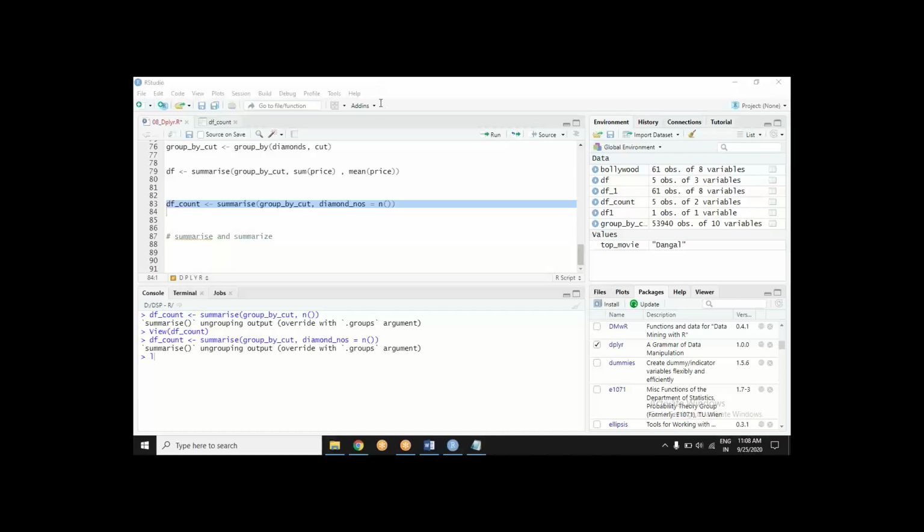And was not working with sum. What do you mean, Jyoti? Could you share the screen? Your presenter, Jyoti. If you share the screen, maybe I would be able to figure it out.